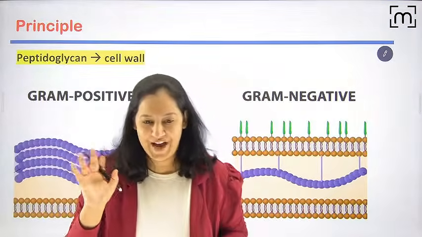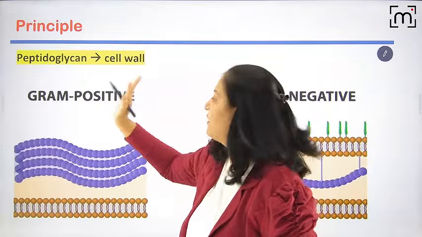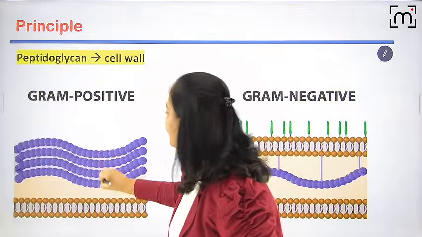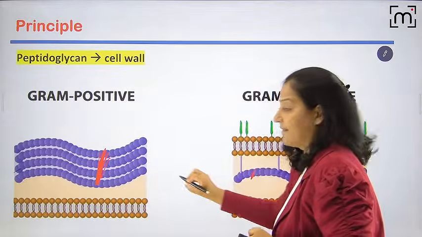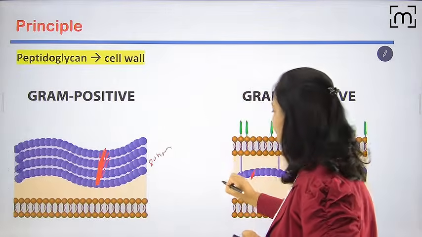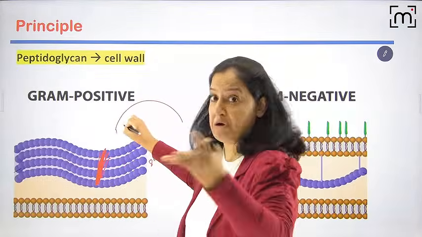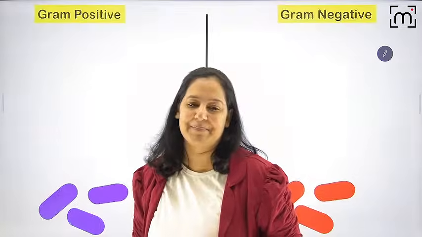I guess I'm back. I'm really sorry. So I was telling you about the cell wall. Have a look at the cell wall of the Gram positive and Gram negative. Appreciate the thickness of the peptidoglycan. People, appreciate this thickness. See it is 80 nanometer. See it is just 2 nanometer. The peptidoglycan is like a guard. So here the decolorizer cannot enter. Here the decolorizer can easily penetrate. That is the principle. You can appreciate.